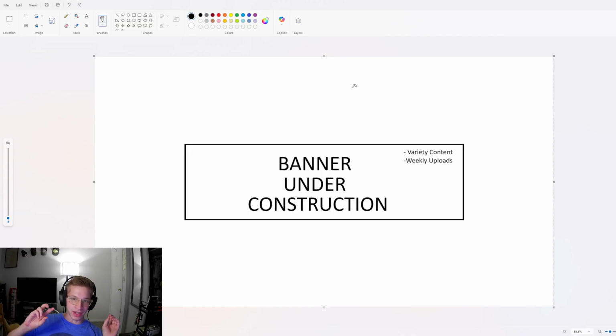So my plan is inside this rectangle here, I'm going to put a design, right? And then on the ends here, I'm going to put some sort of pattern just for fun, right? That way, if you're on mobile, you would see this as my banner. If you're on desktop, you would get those two little fun patterns on the side. If you were on TV, which, first of all, I don't think hardly anyone watches YouTube on their TV.